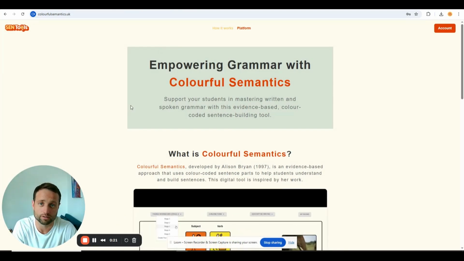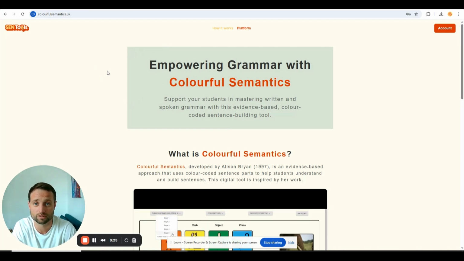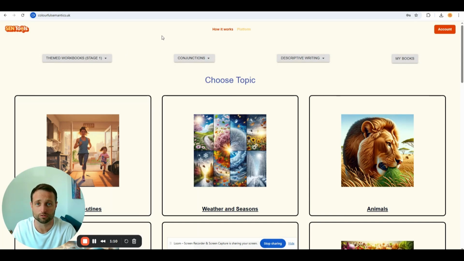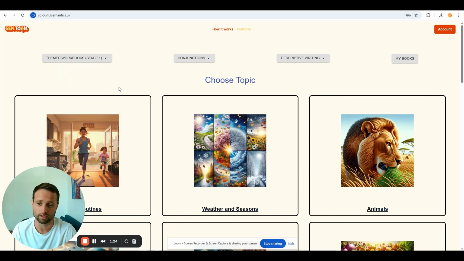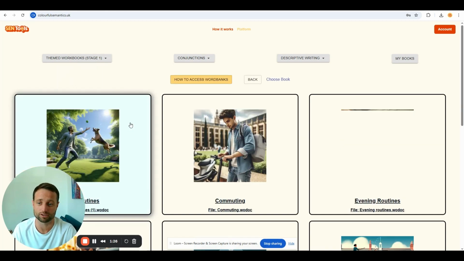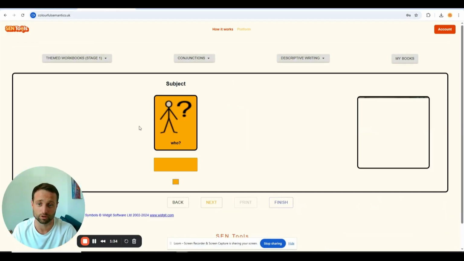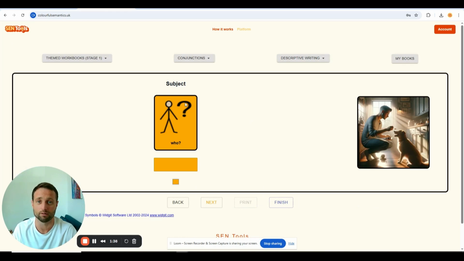I'm one of the co-founders of Send Tools, and today I'm going to show you around one of our most popular tools, Colourful Semantics. Once you're logged into Colourful Semantics, there is a little bit to get your head around. First of all, it's separated into the different stages: your who, what, doing, and it is advisable that you have Colourful Semantics training. It's based off Alison Bryant's Colourful Semantics evidence-based approach,